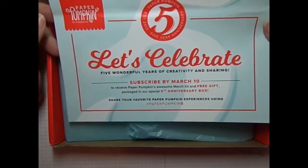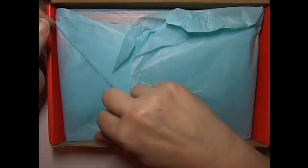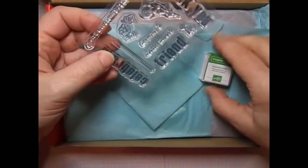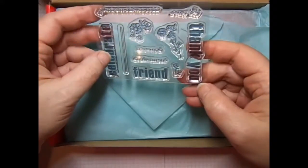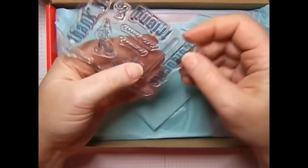So we're going to share today's kit and show you how really easy and what a great deal it is. It comes in a nice box, nicely wrapped. Every month there's a stamp set. This one says celebrate, friend, thank you, your awesomeness,